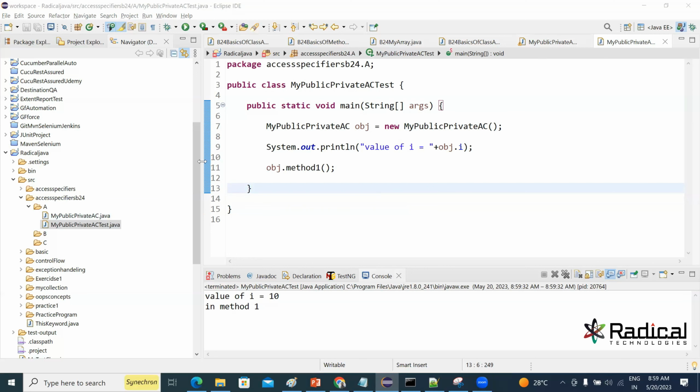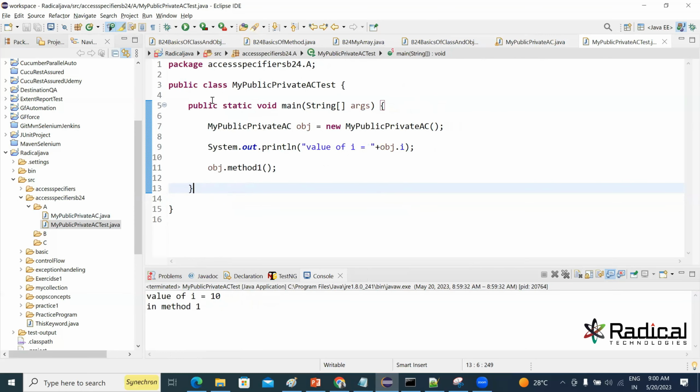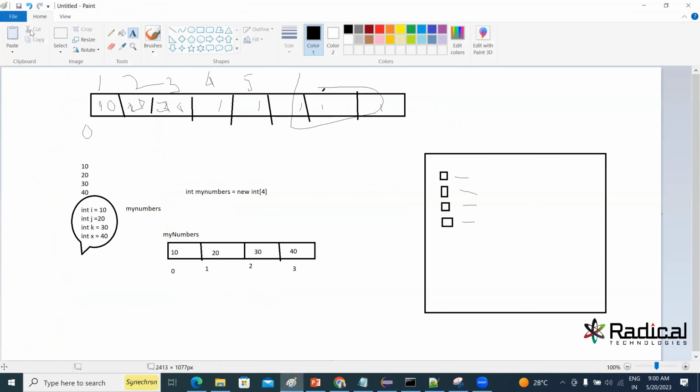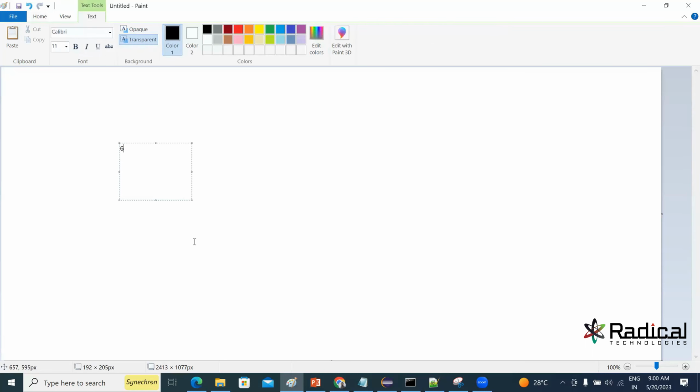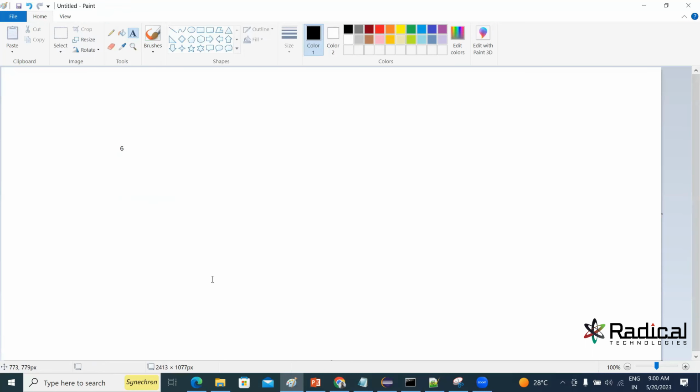Okay, now let me tell you the practical example. Since Sanju asked me this question, let me share a file. Okay, consider I have a team. I have a team and they are working on automation for our application. I have a 6-member team, and two guys are working on